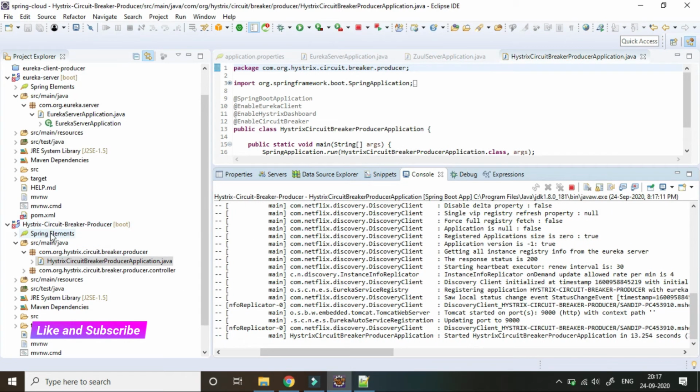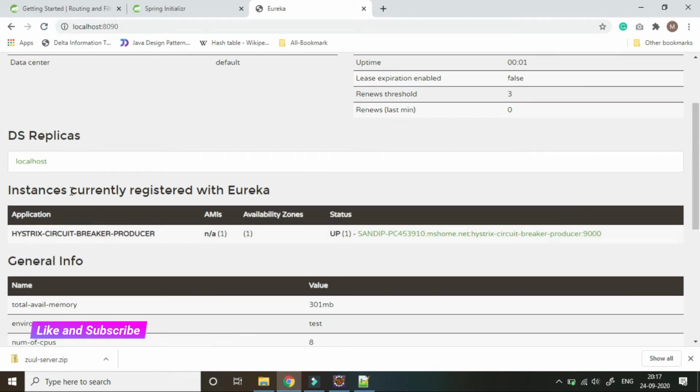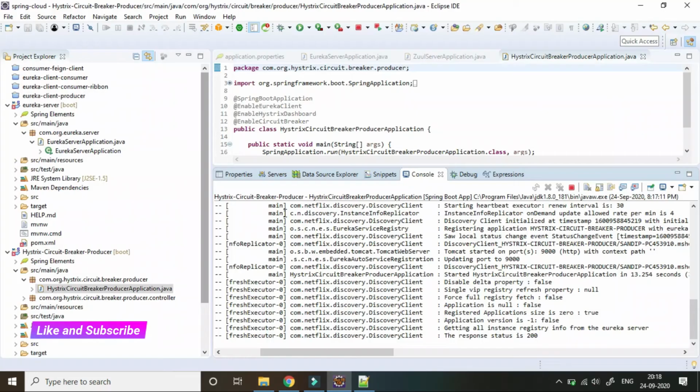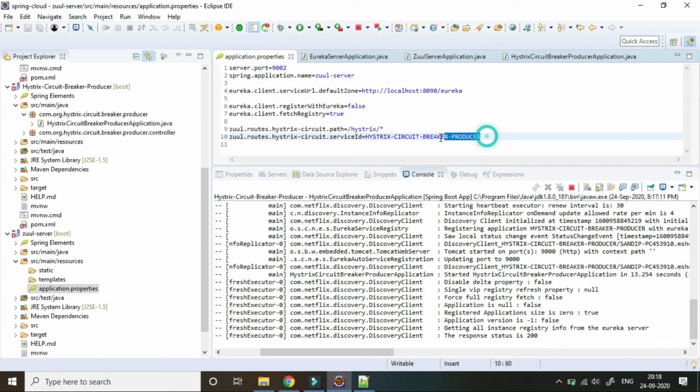Our Hystrix circuit breaker application is also up on port 9000. So if we refresh the dashboard, we will see that the Hystrix circuit breaker producer is registered. We already used this ID in our Zuul server application property file here.